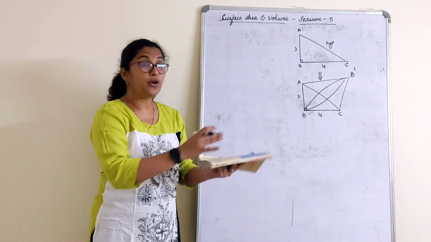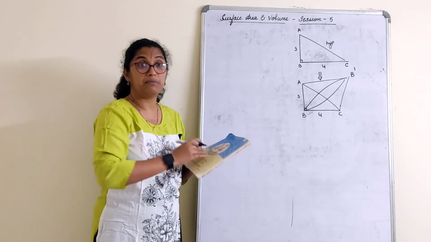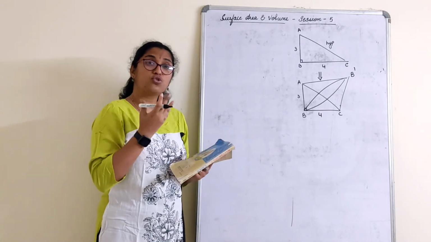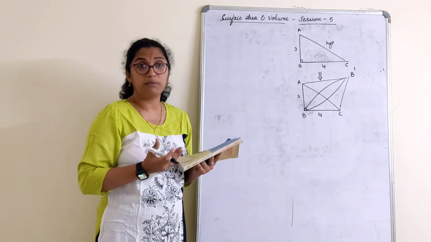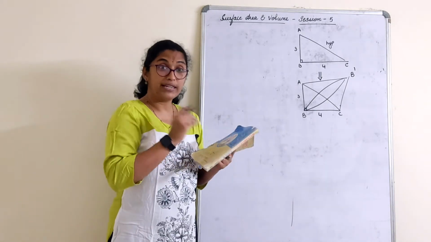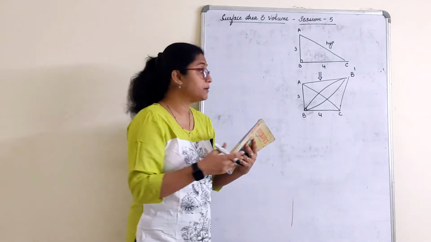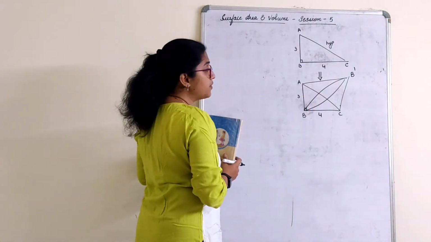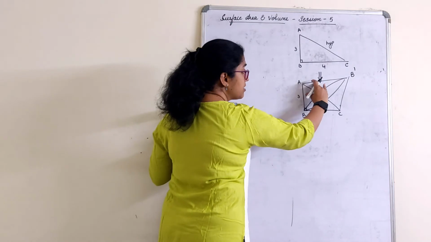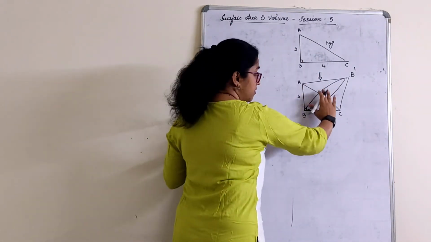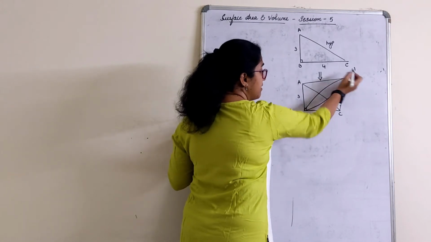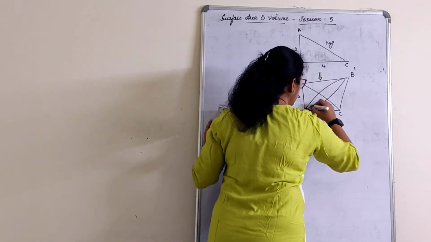I can't show it practically to you. Quite impossible, but just try to visualize it. Just try to watch some videos on this. You will understand how a double cone is formed when you revolve it. Quite impossible to just show on a piece of paper. So a double cone is formed. Now this is a cone and this is a cone. Is this figure very clear? That is why I have written B dash.